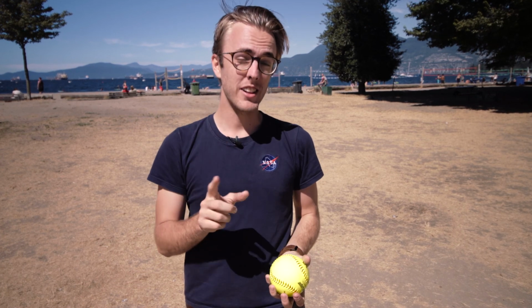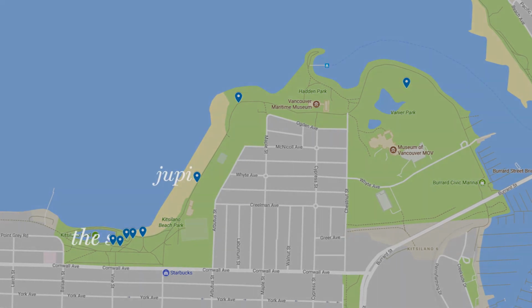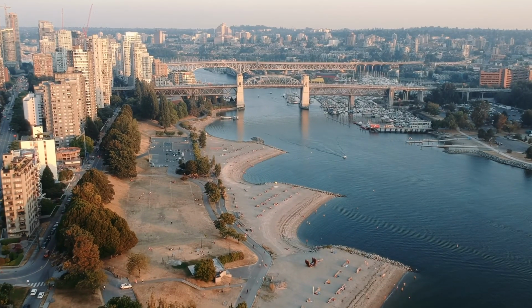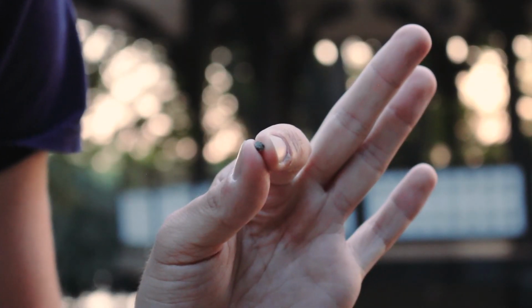We're now 778 million kilometres away from the sun and 391 metres away from our exercise ball. After Jupiter, we have the rest of the outer solar system. Saturn, Uranus. Being more than 2 kilometres away from where we started, I can't even fit Neptune in this suburb. To do that, I'd have to cross the harbour. So, here we are. We made it to the edge of our solar system. Pluto. Can you see it? It's absolutely minuscule compared to our sun. And in terms of distances, well,